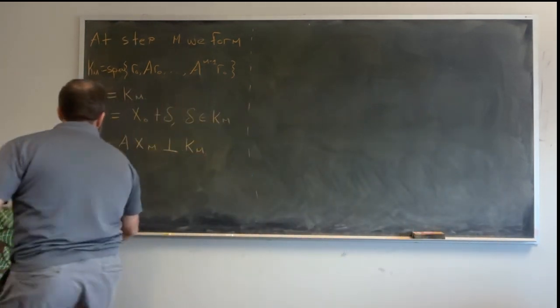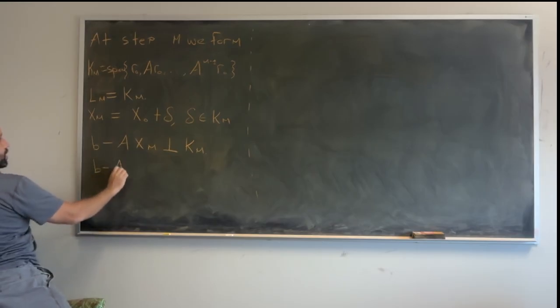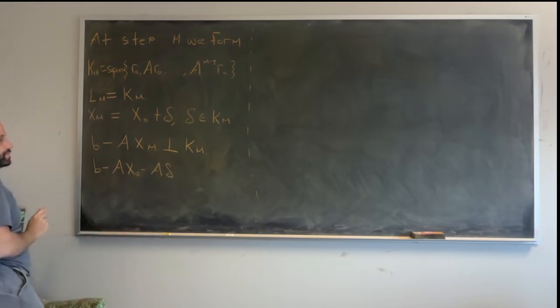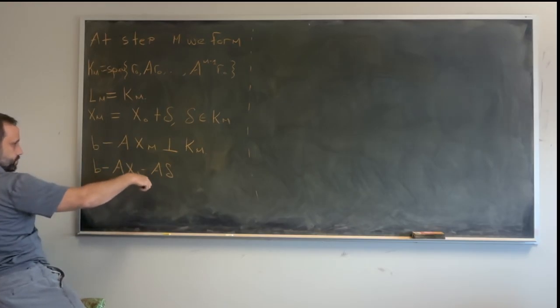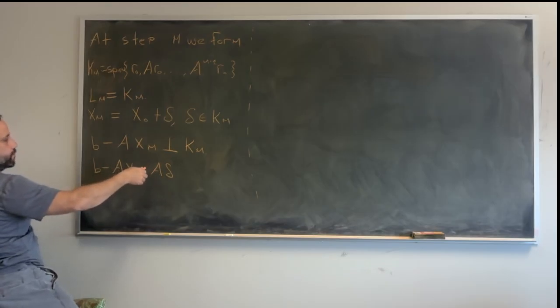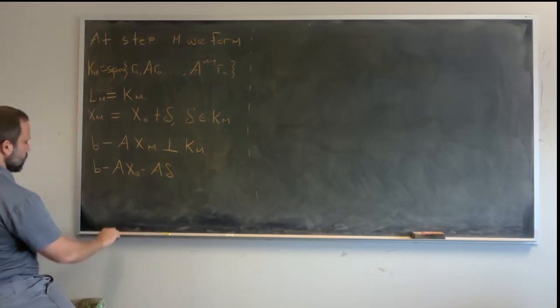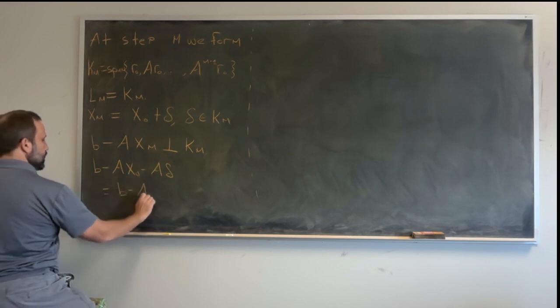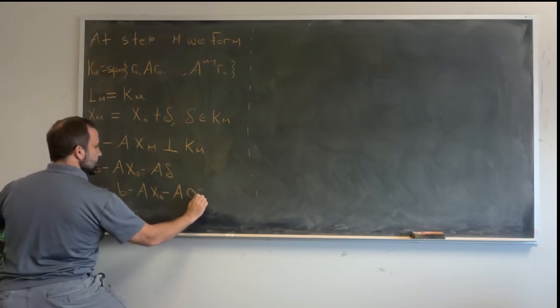Now, if we unpack what this step is here, this is going to be b minus A x0 minus A delta. Now, delta lies in the subspace Kn, so we're going to figure out a way that we can write delta. Well, it's going to be a matrix whose columns span Km times Yn. So this is what we have here, and I'm going to just write this as, for now, b minus A q0 minus A, and I'm going to write Qm